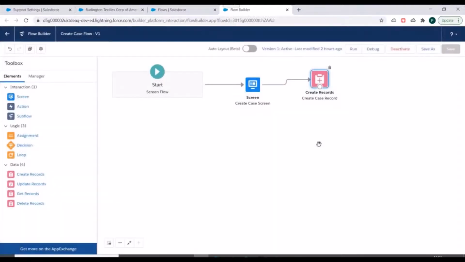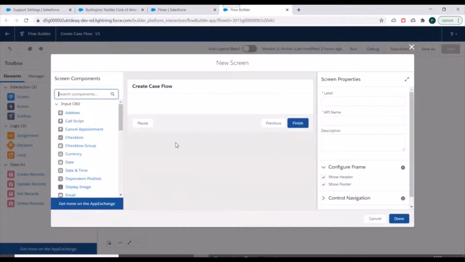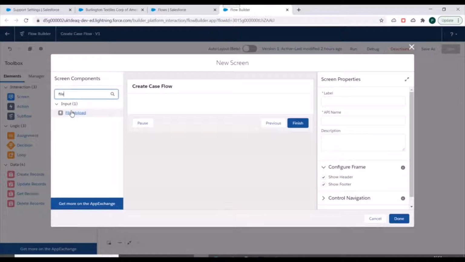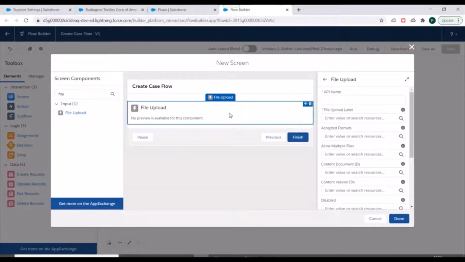Now what we'll do is add one more screen element here, and we'll select the file upload element and take it over here. Whenever this case is created, we will have a case ID.